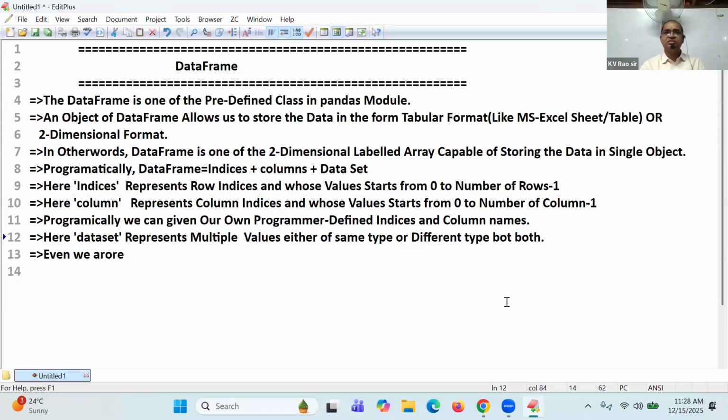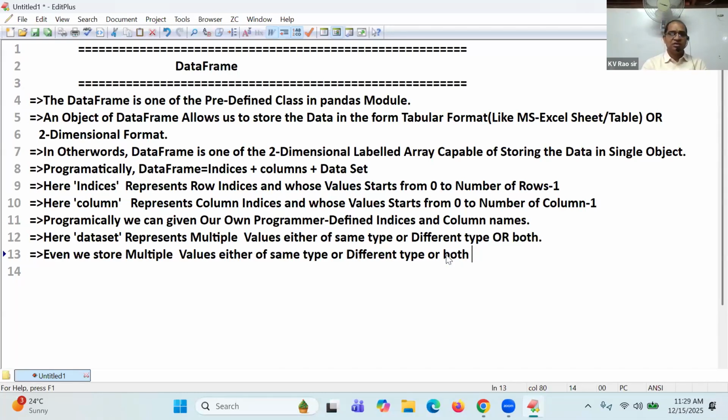Even if we store multiple values either of same type or all the types or both, internally